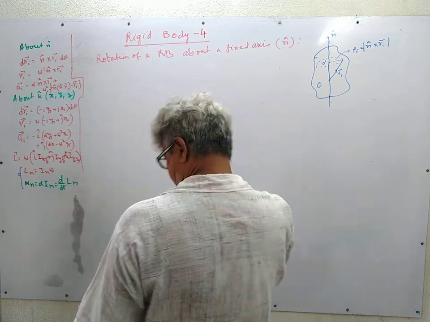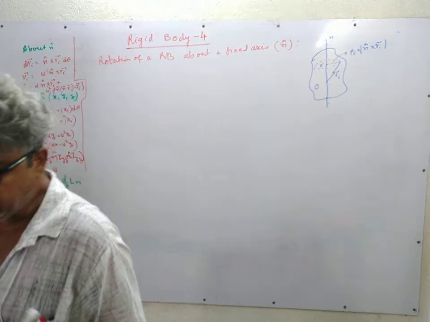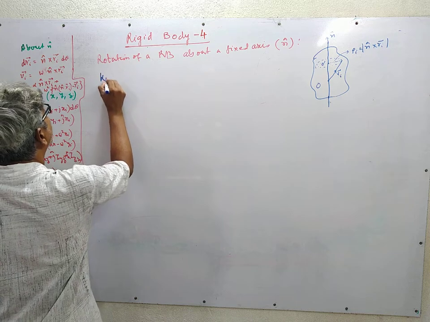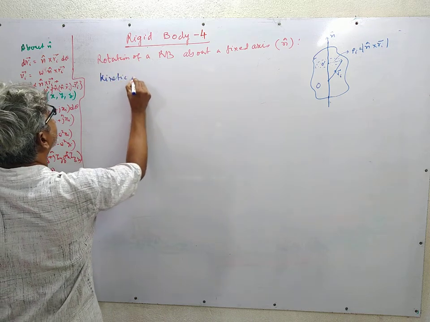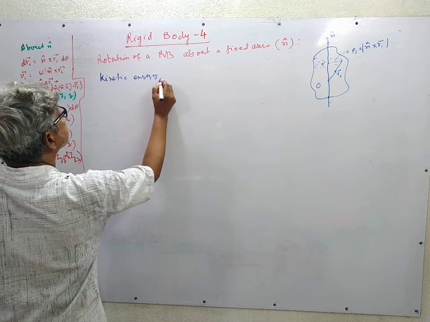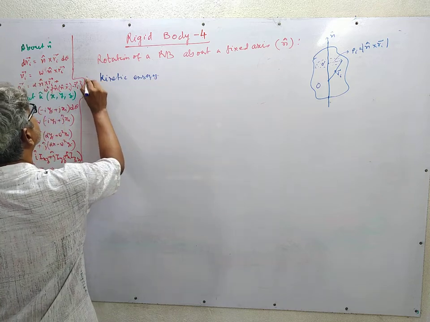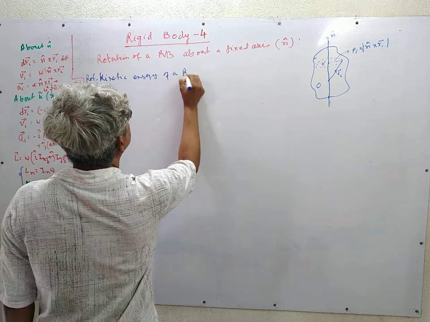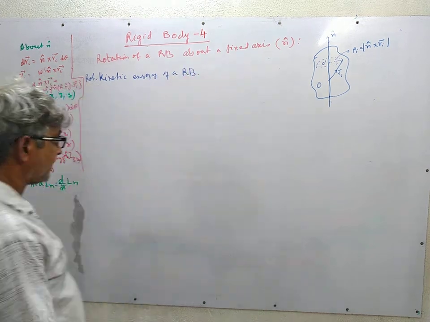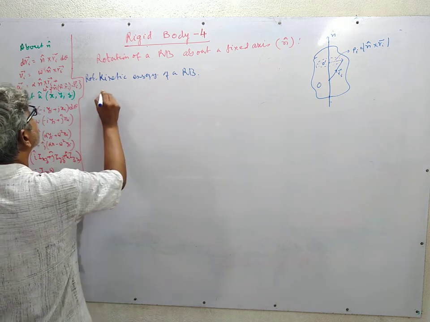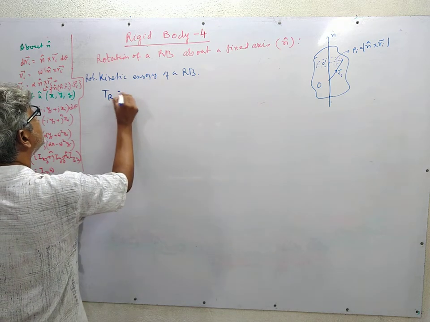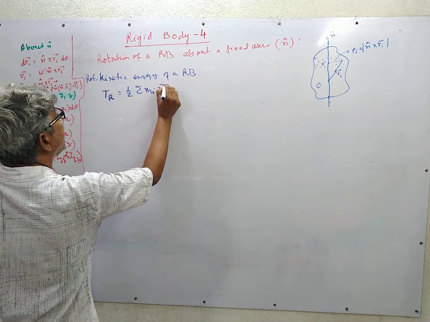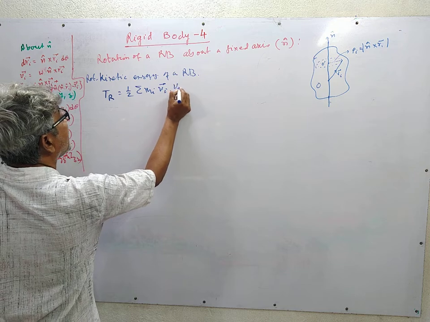So first I come to the kinetic energy of a rigid body, the rotational kinetic energy of a rigid body executing rotation about a fixed axis. So the kinetic energy T_r is the sum over half m_i v_i dot v_i,